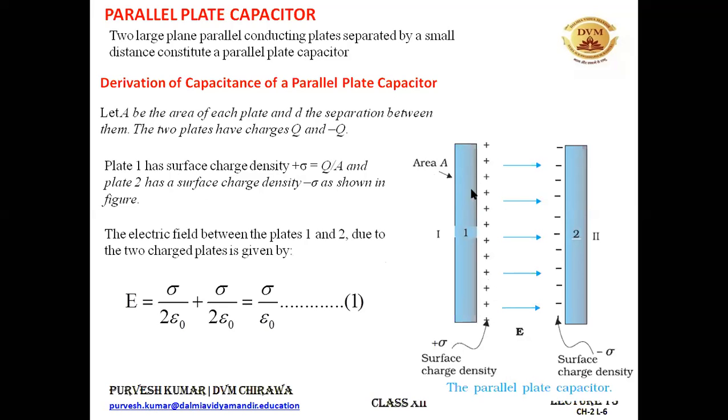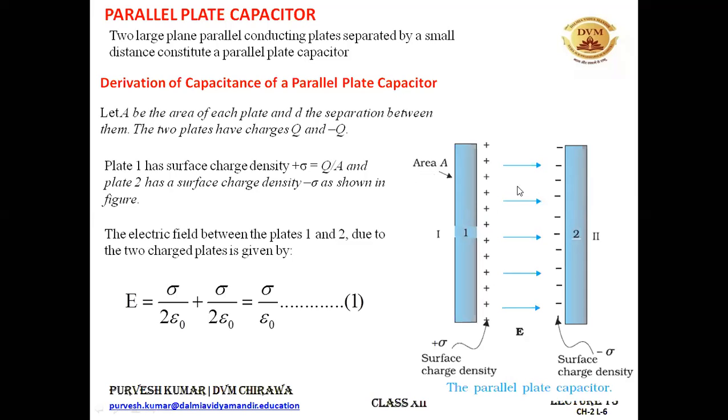The electric field because of this plate in between, I'm talking about the electric field in between. All right, we know that the electric field outside the plates will be 0. Why so? We have done that case: two equal and oppositely charged plates will have the electric field as sigma upon 2 epsilon naught plus sigma upon 2 epsilon naught in between them, and outside the plates the electric field comes out to be 0. I have also given you 3-4 examples and a very good demonstration of the same. Please go to that lecture if you are having some problem, and if you are still not able to understand, you can always contact me.